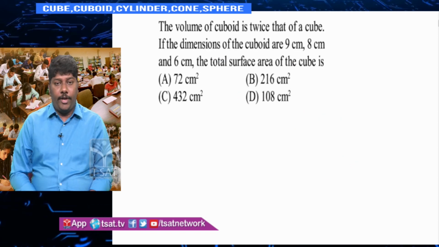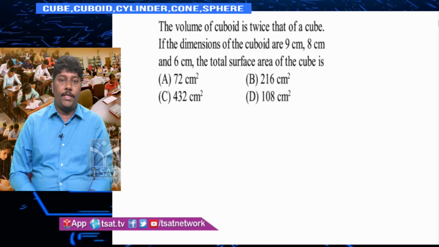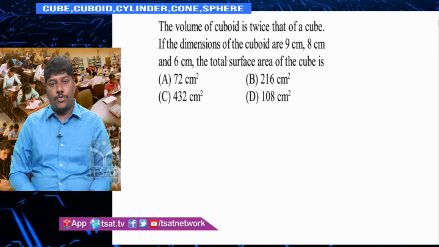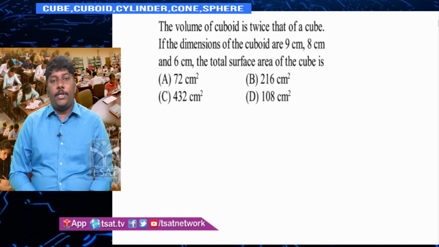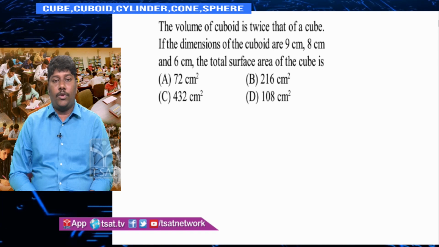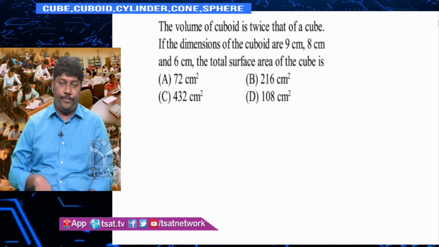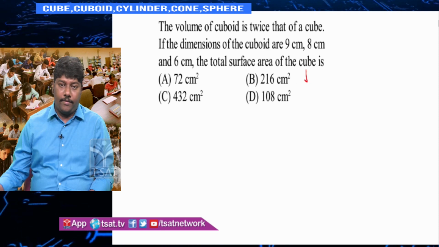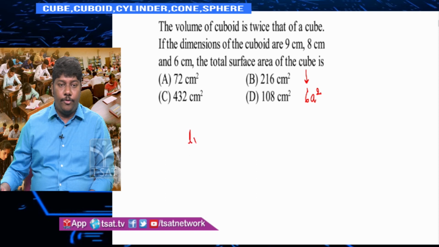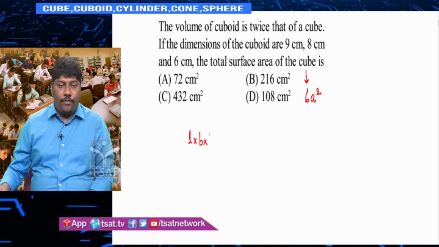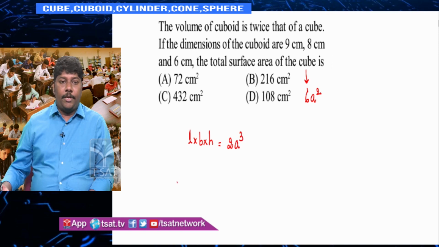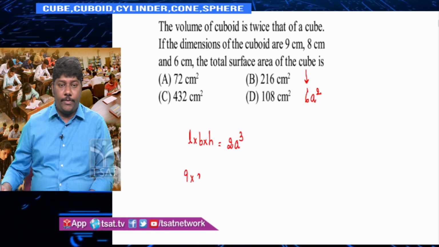The volume of the cuboid is twice that of a cube. So here this problem is related to cube and cuboid both. The volume of the cuboid is twice that of a cube. If the dimensions of the cuboid are 9 centimeters, 8 centimeters and 6 centimeters, find the total surface area of the cube. So you need to find the total surface area, which is 6a square. When it comes to volume, L into B into H. Volume of a cuboid is 2 times the volume of cube, that is a cube. Dimensions of cuboid are given 9 into 8 into 6